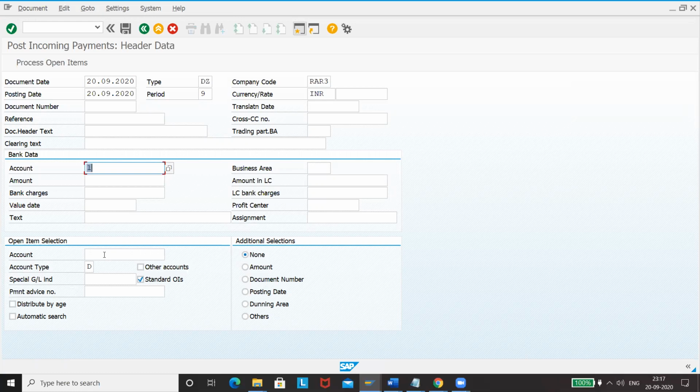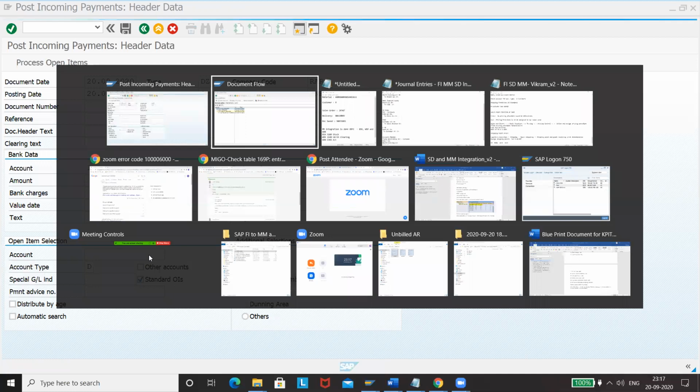So you have to give trade receivables. What is it? Account for trade receivable?